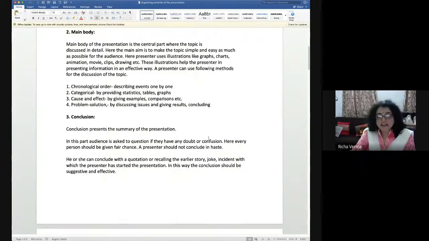Last is conclusion, where you have to present the summary. That means whatever you have described until now, the issues or problems you have raised, and also the content and explanation, you have explained it bullet-wise, in a systematic manner. So you can always conclude it by highlighting some of the important points. Highlighting means that you can just pick and choose what are the main content or the main text of your topic, and then you can make a summary out of it, and present it at the last part of the presentation to the audience,